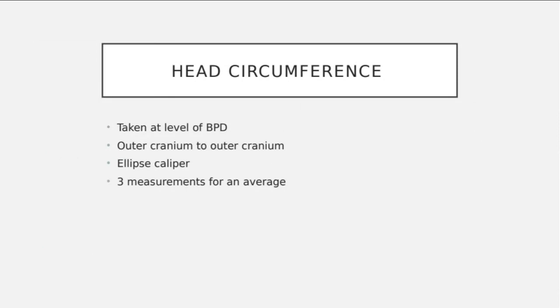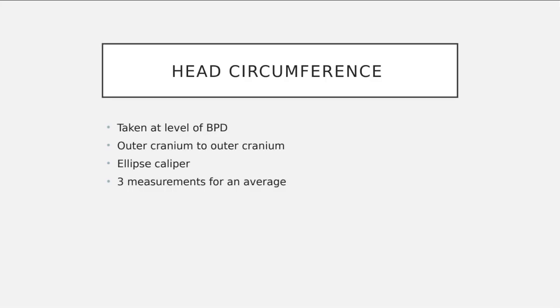Okay, so with our BPD, we are also doing a head circumference at the same exact level. So this is one of those pictures where, if you get the perfect level, you get the perfect picture, you freeze it, you take 2 measurements on that one image. Okay, so don't make extra work for yourself. You still need those 4 structures. You still cannot have the posterior fossa in the view. We're still doing 3 measurements for an average, and we are using the ellipse caliper for our